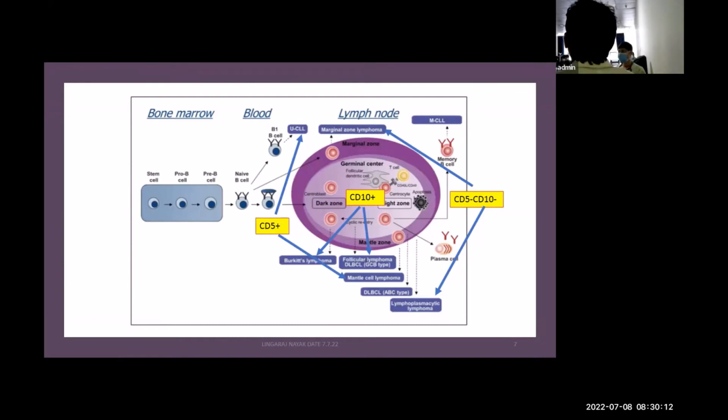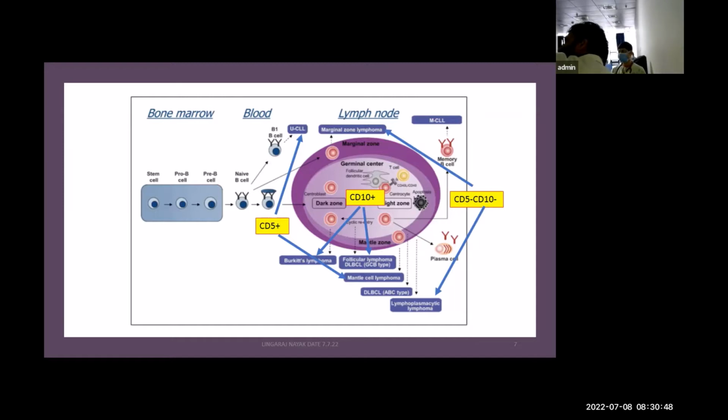Just think about a civil service examination. A lot of aspirants are giving the civil service examination. Think about that as the dark zone. And your light zone is the examination proper, where very few are getting selected. There are certain situations where some cells are not fit enough, and they get sent back to the dark zone to again undergo the process of somatic hypermutation. Same thing, suppose somebody is not selected in the civil service, they go back to start preparation again, and come back, right? And these follicular dendritic cells and T cells are like the examiners sitting there. They will find out which centrocytes are fit to pass through this and undergo plasma cell differentiation or class switch recombination.